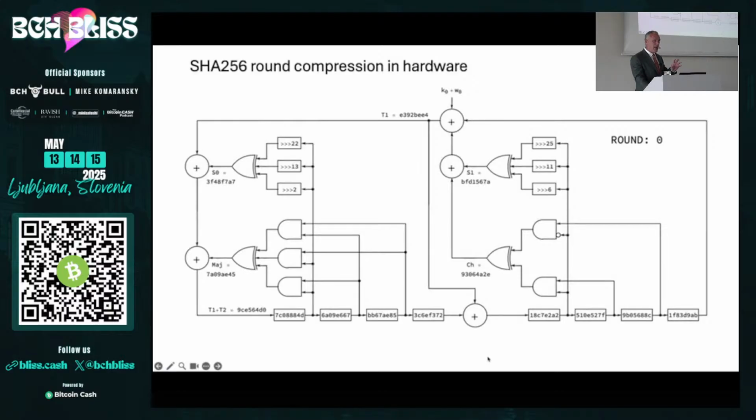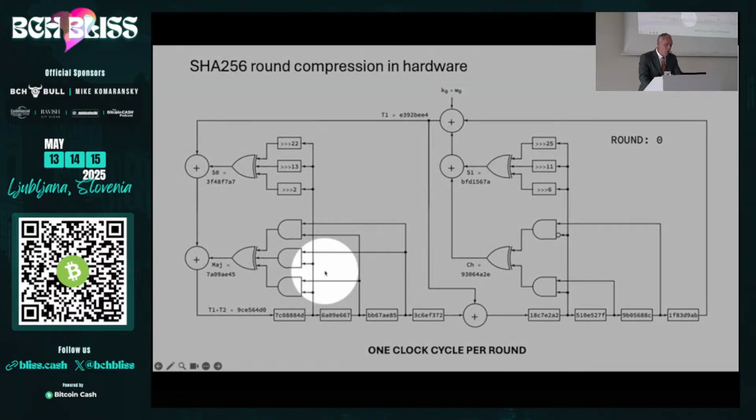So what's really cool about SHA-256 and hardware is each round of the compression algorithm takes only one clock cycle. And that becomes obvious when you see the circuit, because all these AND gates and XOR gates have that built-in while loop. So they're always performing the computation. The inputs are coming in from the registers, and they're doing all that computation in time measured in picoseconds. And right here at the input of this first register, there's a value that's going to get saved